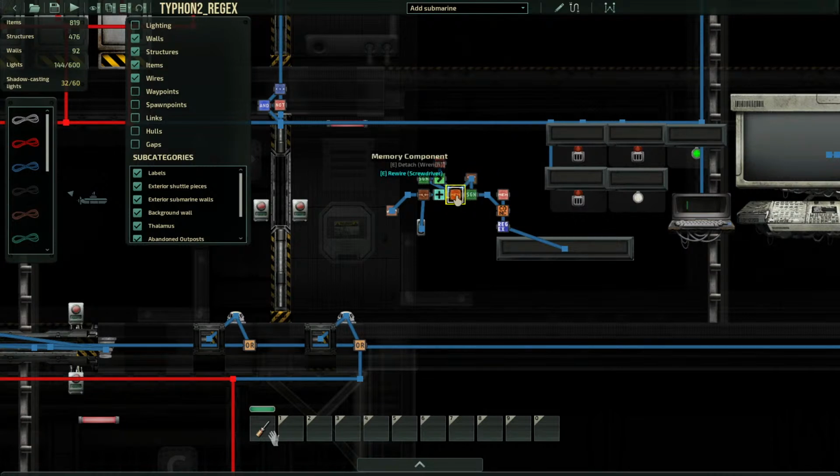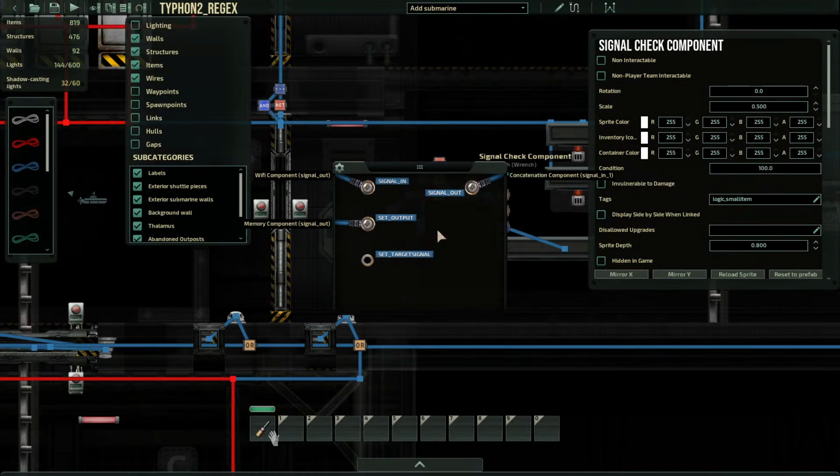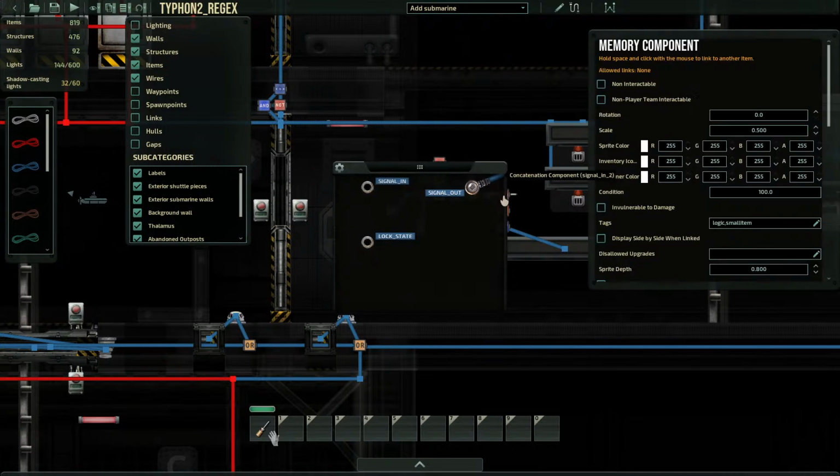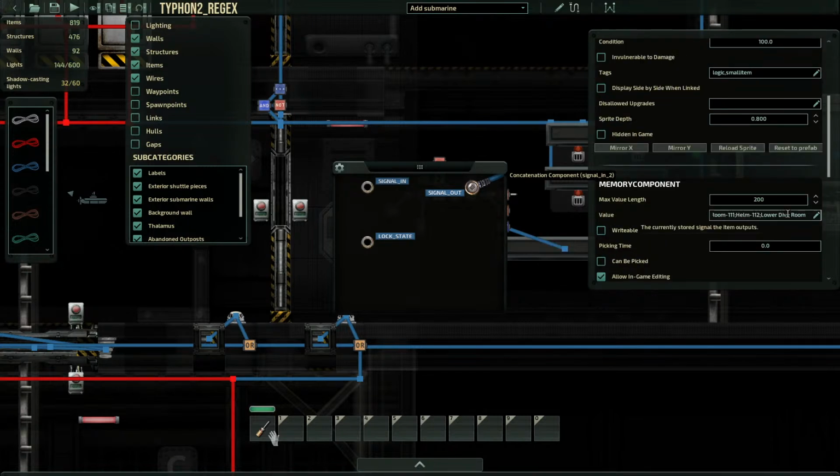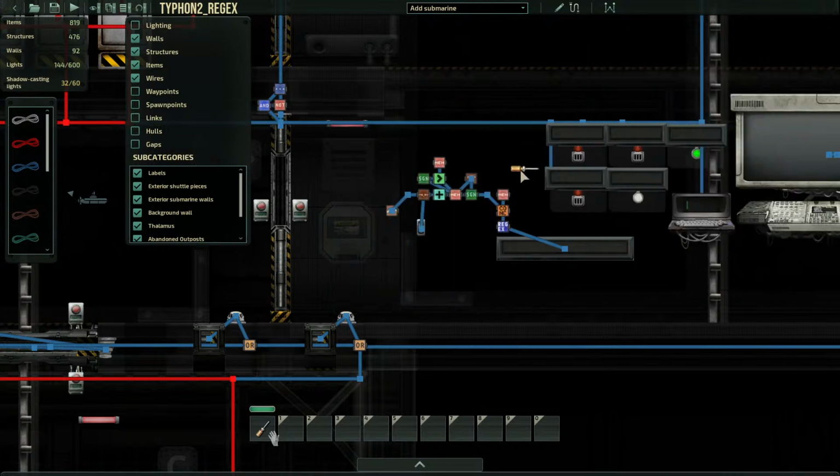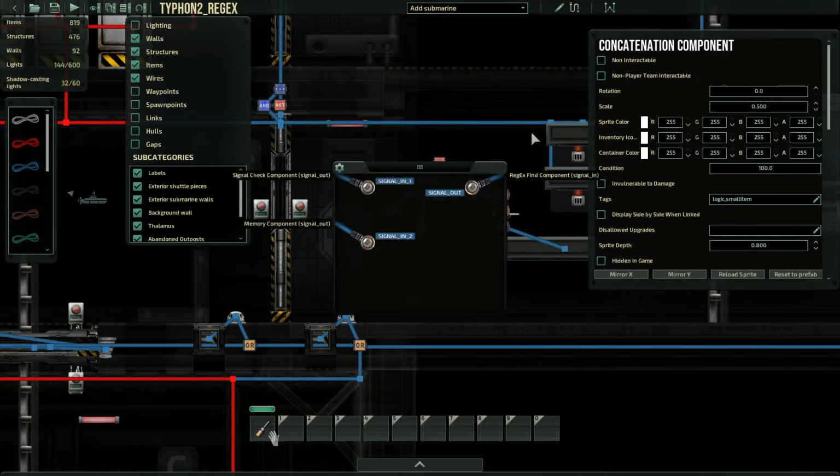Then the current channel in this memory block is fed into the Wi-Fi block and sets its channel to read data from, and the data that's coming out of that Wi-Fi block goes into the signal check block as its output. Then it spits that output into the concatenation component here, which is appended to the dictionary string here, which has the list of all the rooms on the ship and their channel number. So the channel number is coming through the signal check block and is being stuck in this concatenate block,